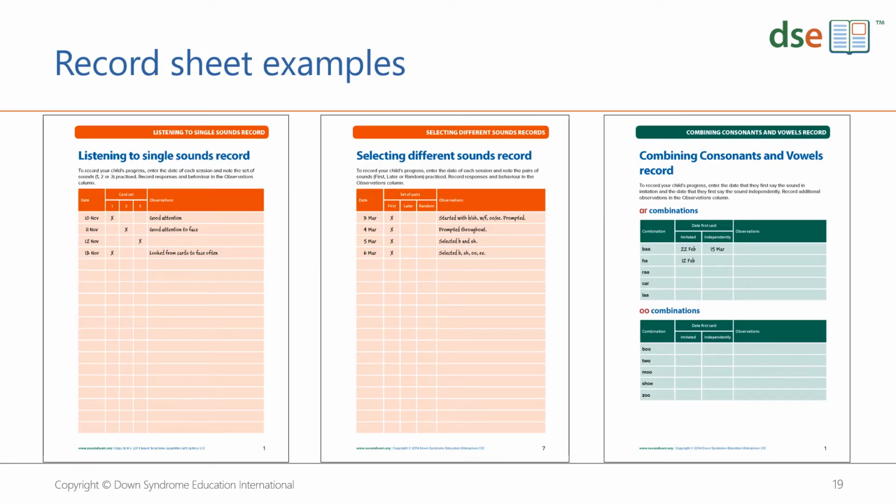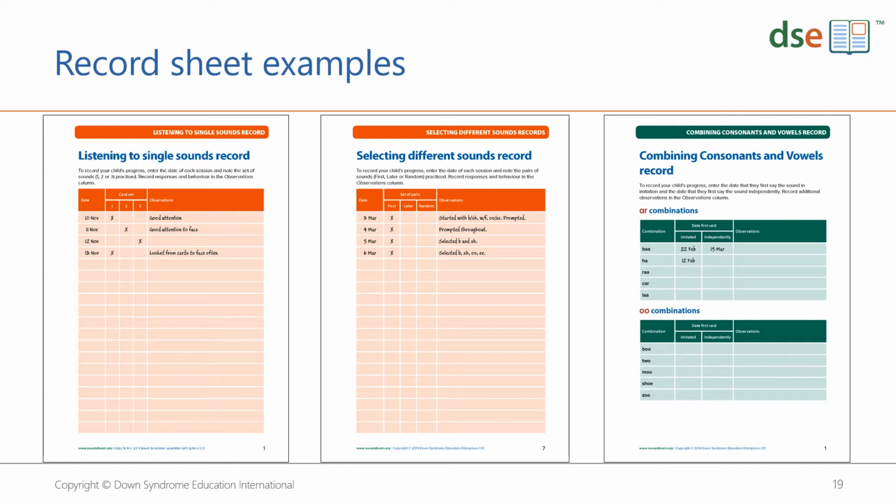And here we have some examples. The orange examples are examples of record sheets that go with playing with sounds. And you will see our record sheets with clear instructions, tell you how to record what's happening, keep space for observations. Where that first record sheet talks about card sets 1, 2 and 3, we've arranged the cards into sets so that it's slightly easier to work with them,